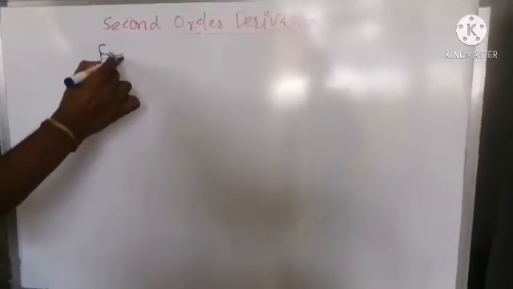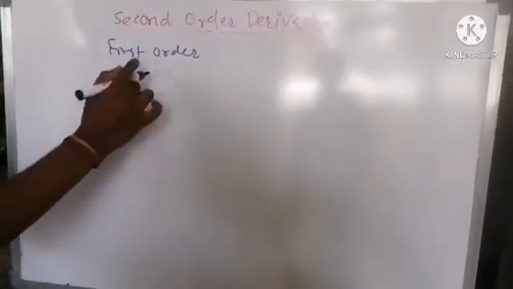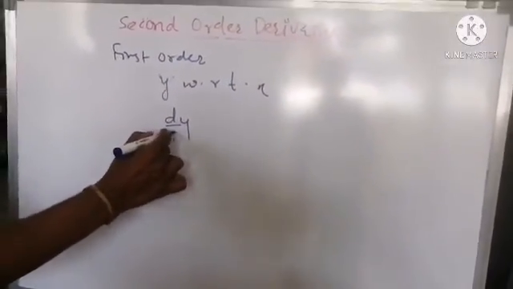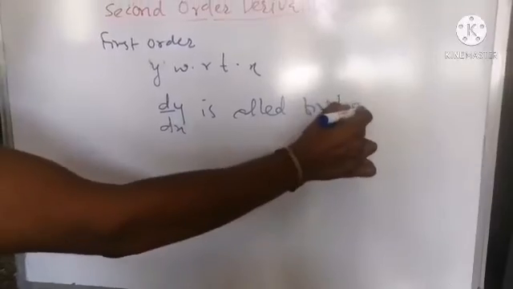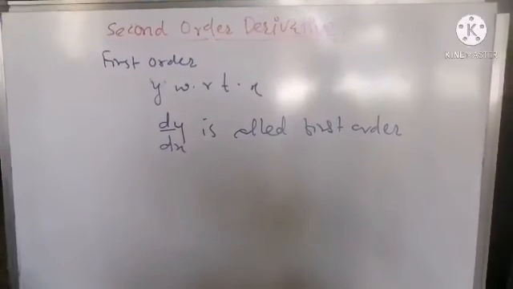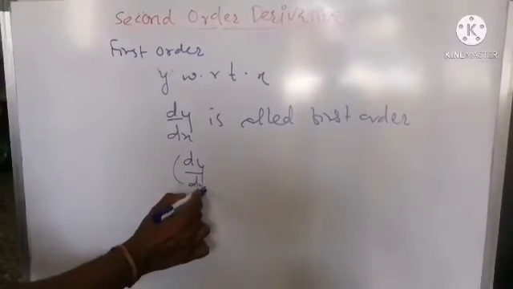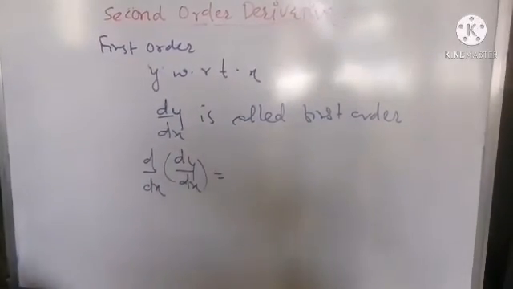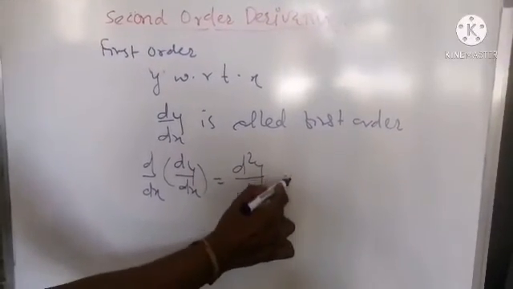First order derivative. Actually, when we take differentiation of y with respect to x, that is dy by dx, it's called first order derivative. When we differentiate this dy by dx again with respect to x, that means we have to operate d by dx on dy by dx, that is derivative of dy by dx with respect to x, and this is equal to d square y by dx square, and it's called